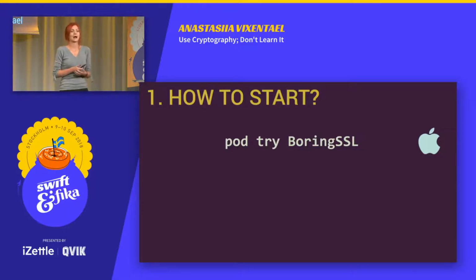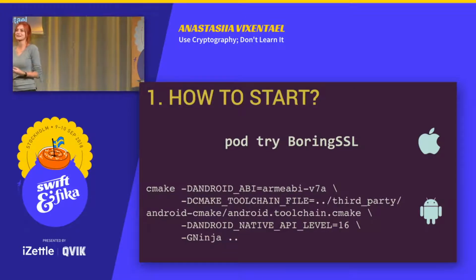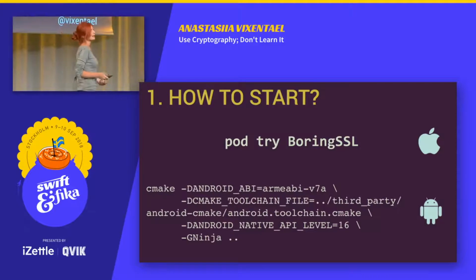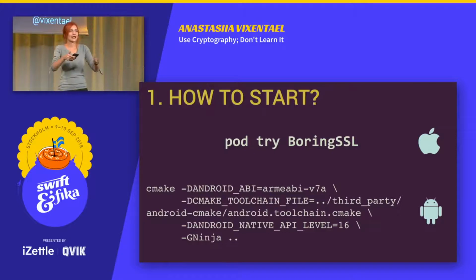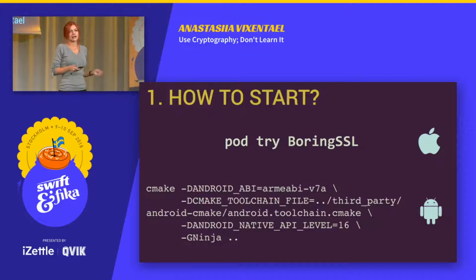Can you imagine how it looks for Android? This is only the first command. So basically for Android, you need to compile BoringSSL manually for each of your architectures. Then to merge, it takes some time. Then to merge the compiled libraries into one fat binary. Then to integrate this fat binary into Android Studio and create your test project. Try to use BoringSSL and hope that it's working.